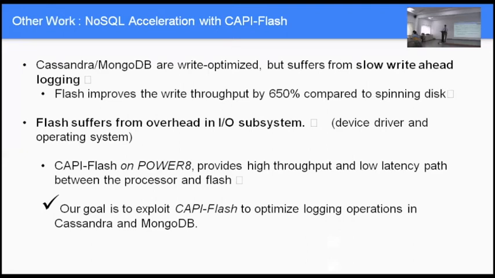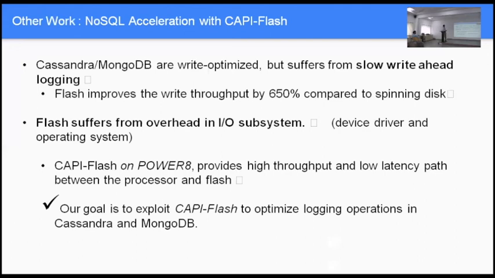it's cost prohibitive. So what IBM is working on with flash arrays is to say, well, you can still get 40 terabytes of flash array. So that's going to be slower than memory for sure, but it's going to be way faster than having 40 terabytes of disk. So then they have developed what is called CAPI Flash, which gives you direct access to the flash array. And our group here works on taking technologies like Cassandra and MongoDB, and instead of writing to disk for all the commit logs, it directly writes to flash array and gets a huge percentage improvement.